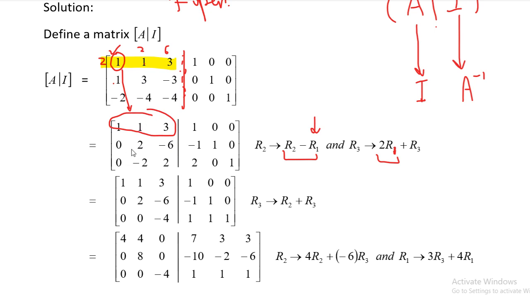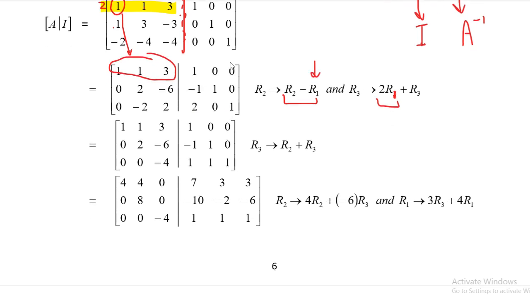Now you have to do this here as well. So if you subtracted the first row from the second row, you have to do the same thing on this part of the matrix as well. So 0 minus 1, 1 minus 0, and 0 minus 0. You got these three new numbers. 0 minus 0 plus 2. So you got 2, 0, 1. Okay, so you see, your identity matrix has changed a little bit.